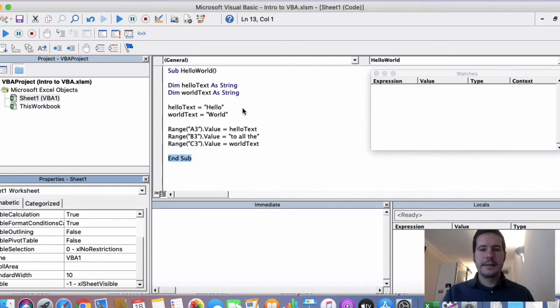The next line is the declaration of any variables, so the next two lines. So Dim essentially means declare, so you're declaring this variable name, hello text, and you can give it a data type as well. So in this case it's a string, but it could be an integer or one of a number of data types that will be covered in one of the next lessons. We'll keep this as a string,